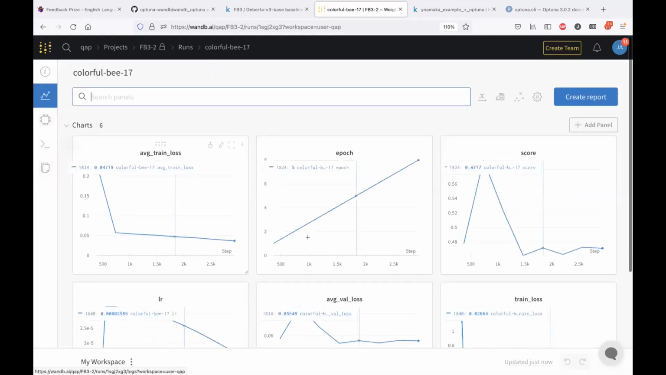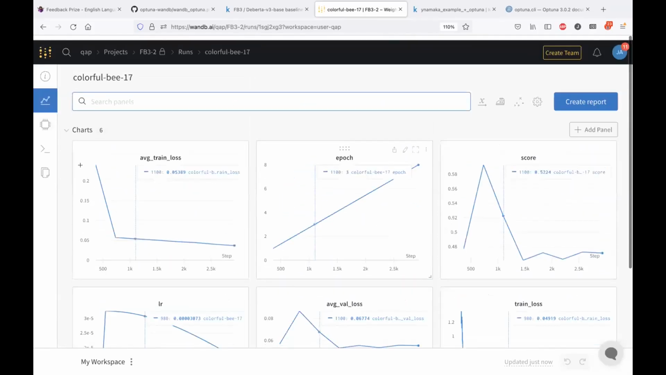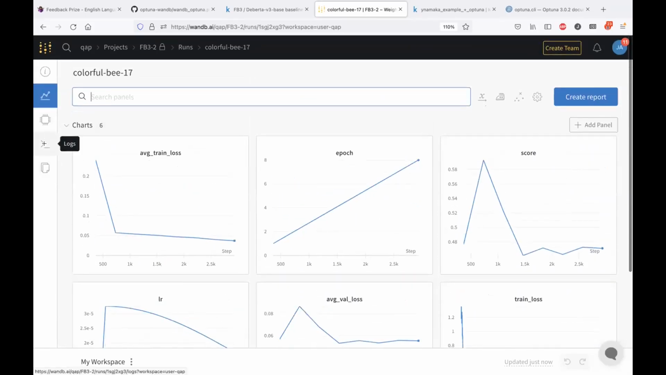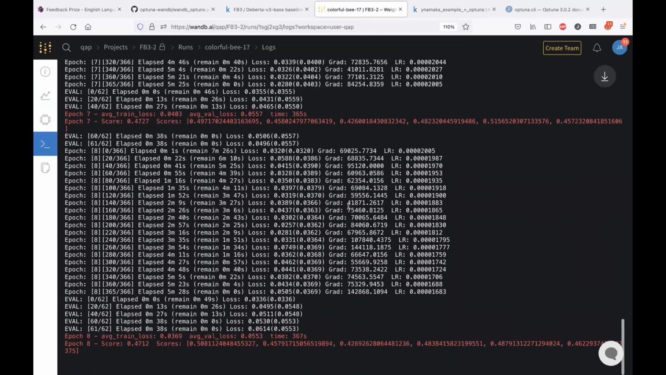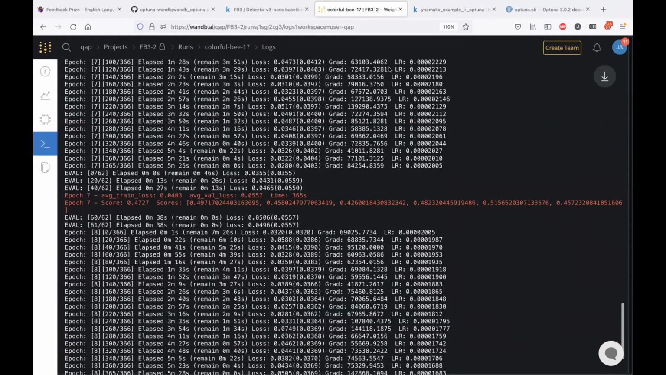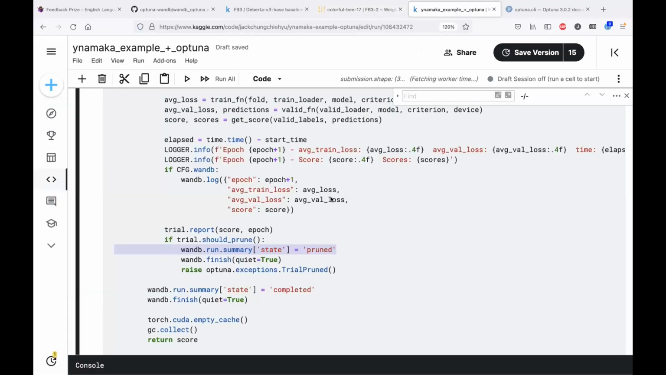Yeah, and to be honest, I don't know where to look for that pruned string in the web interface. I guess it's logged here somewhere. I see. But I think the important thing is that you call 1DB finish